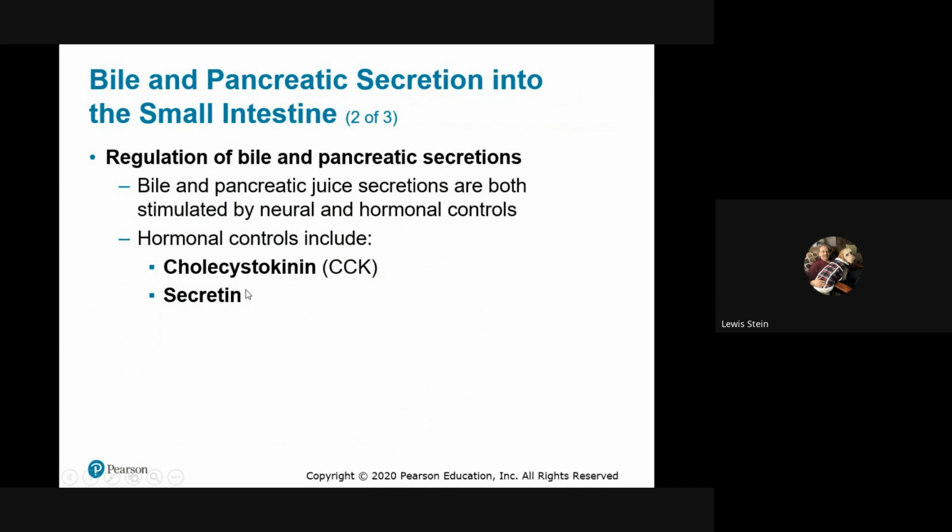So the big controls, again, as food enters the duodenum, it immediately, the stretch receptors, osmolar receptors, the pH receptors immediately trigger the release of these two hormones, cholecystokinin and secretin, and they have multiple tasks. Secretin is probably the primary stimulus to the pancreas. Secretin basically is also indicating to the stomach to slow down, because you don't want to be overwhelmed with squirts